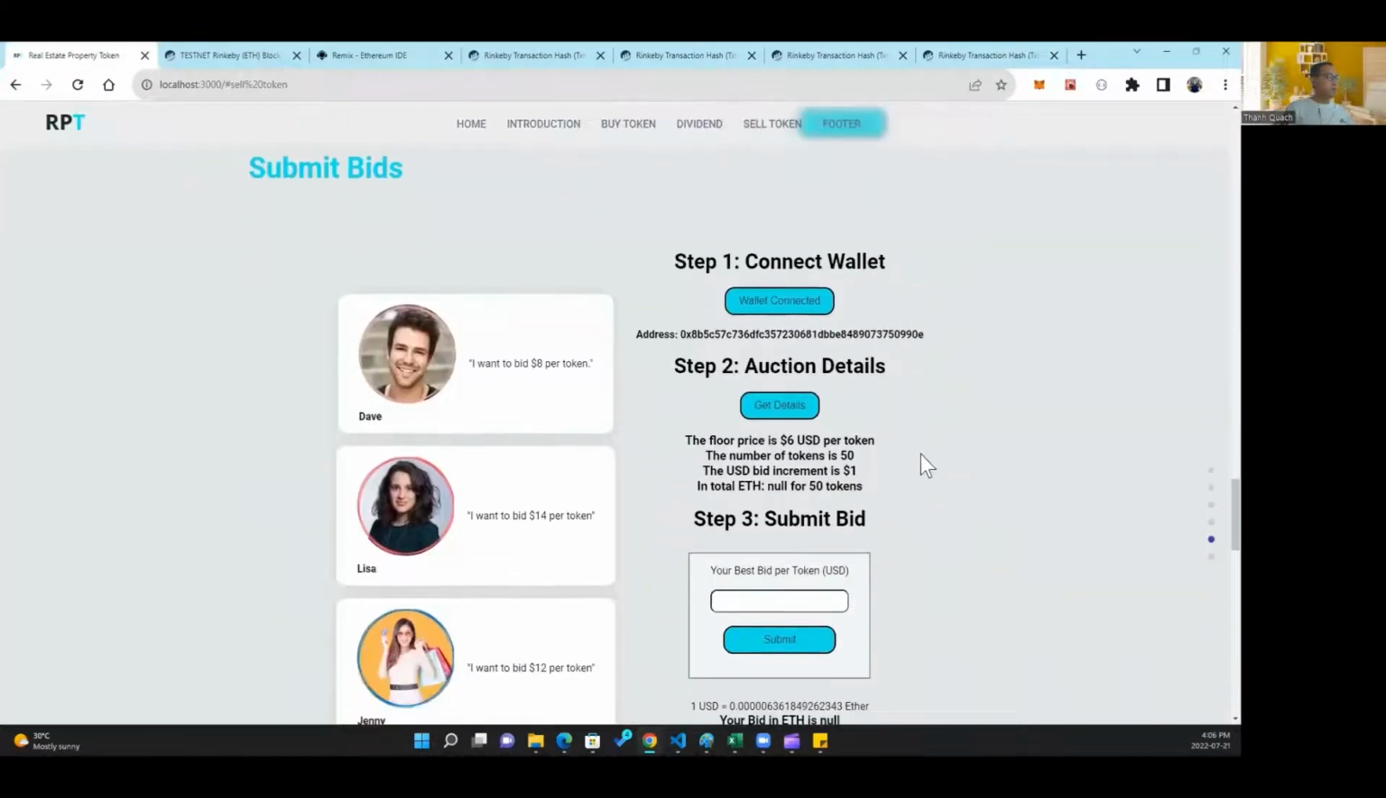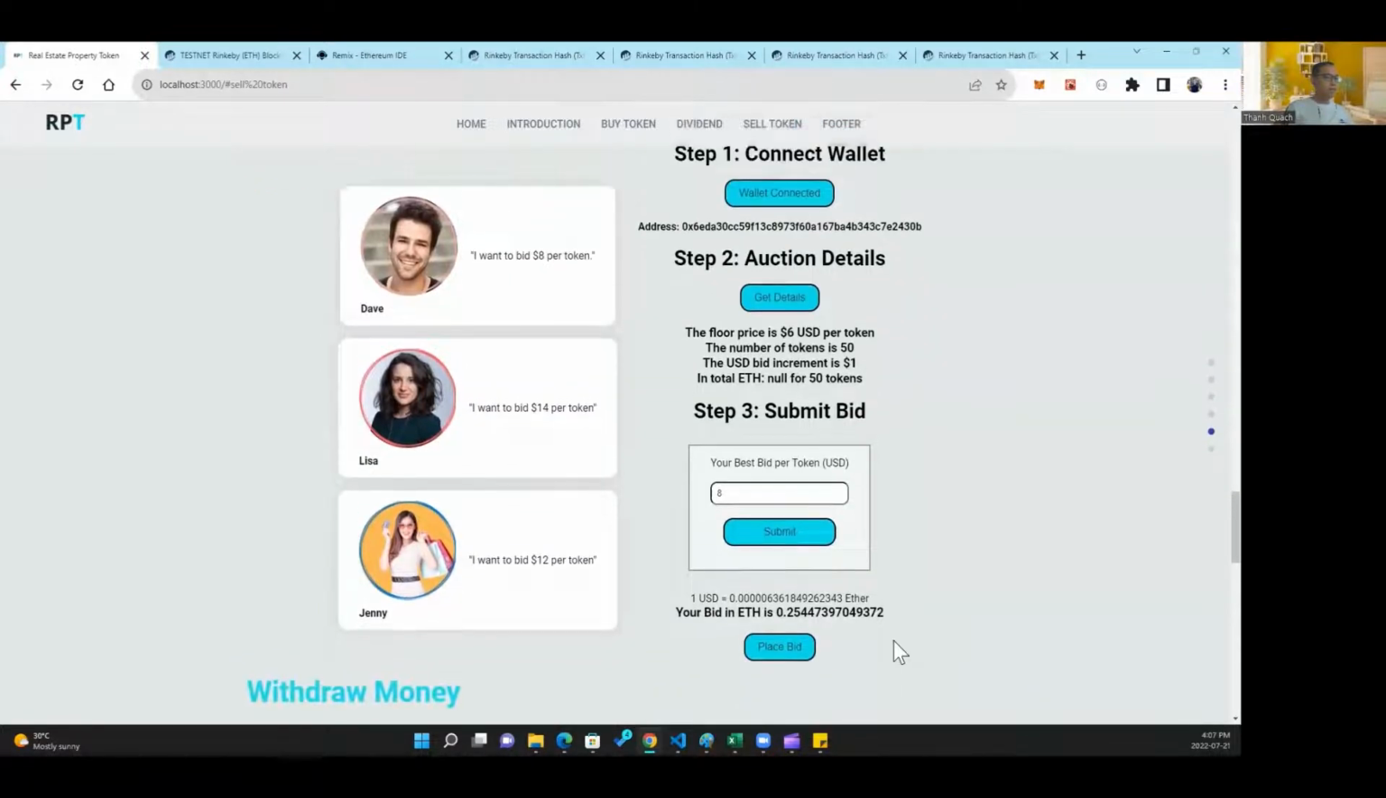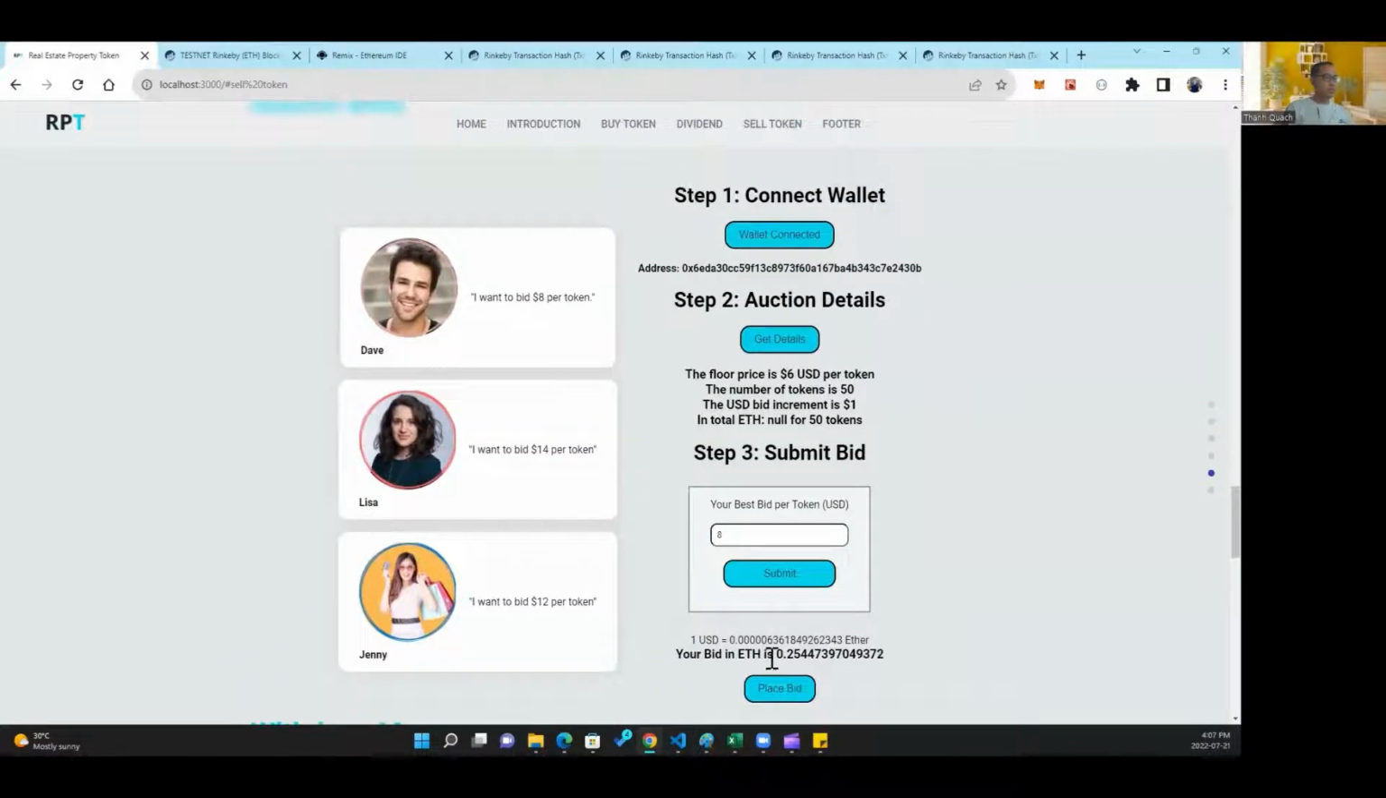So now let's go to the submit bid section, in which Dave, Lisa, and Jenny, the tenants, can submit the bid. The first step is always to connect the right wallet. So we need to connect back to Dave's wallet, 430B. And this is just the details of the auction. So Dave wants to bid $8 per token. 8, submit, and this is the exchange rate. So basically, Dave is bidding 0.25 ether for 50 tokens, and we can hit place bid,